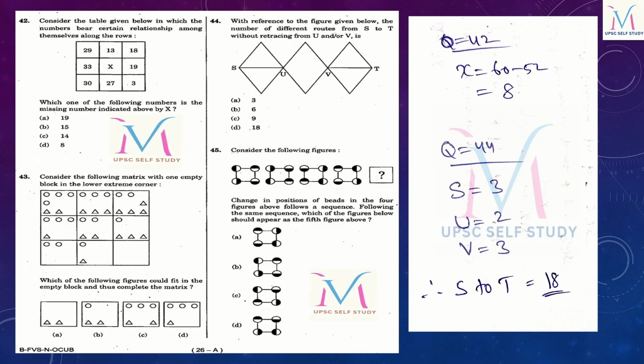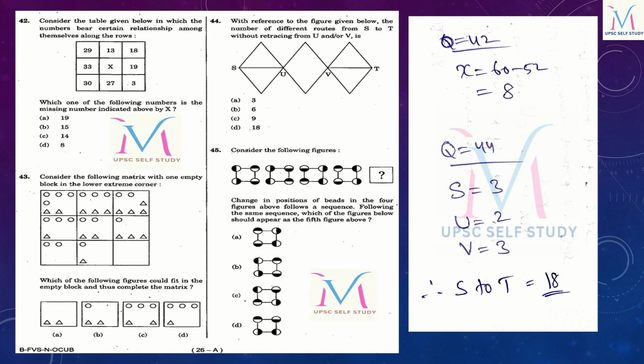Okay, the calculation should be done along the rows. Take out the first three rows. The first row has three boxes, right? 29, 13 and 18. So if we add the first row, 29 plus 13 plus 18, we get 60. And again the second row,